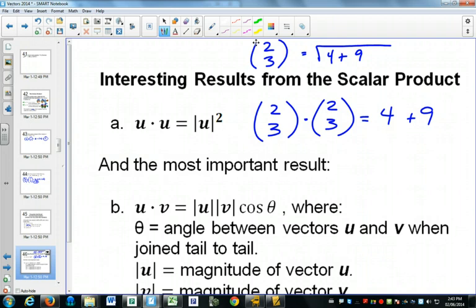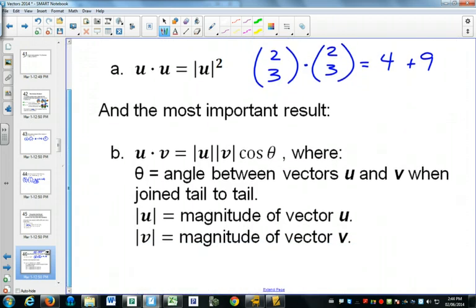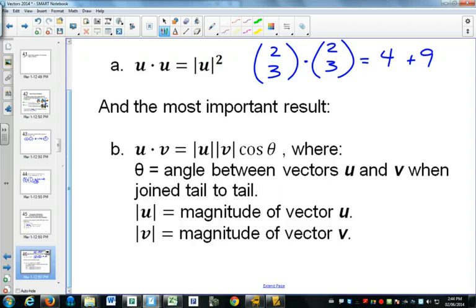So that's kind of interesting, but really important is this result. The dot product of two vectors happens to be the same as the length of one of the vectors times the length of the other vector times cos of the angle between them. So if I have some vector u and another vector v,